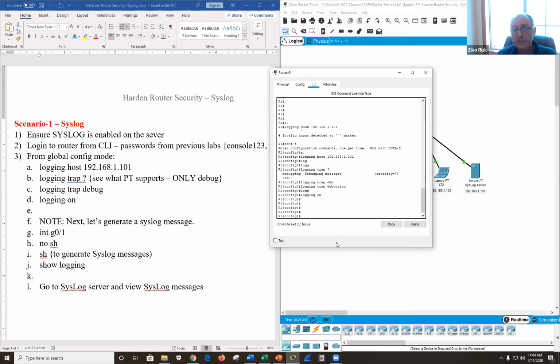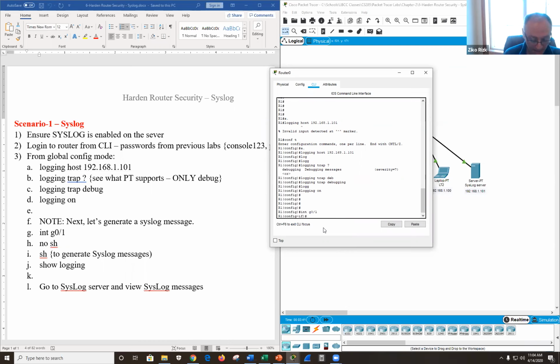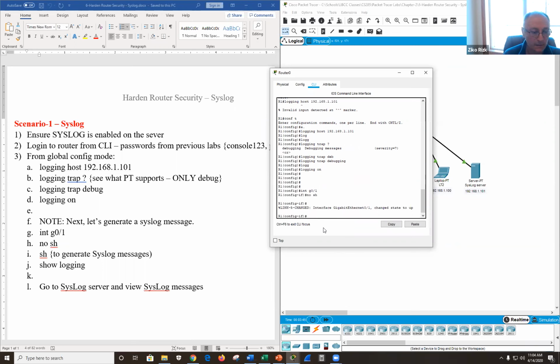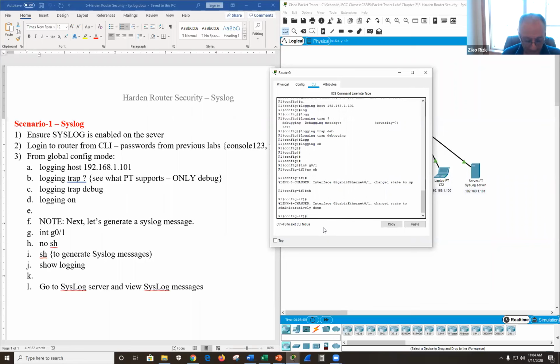And now I need to do something that generates a trap, and I know if I was to shut an interface and restart it, that is a debugging trap. So I'm going to do that: interface gig 0/1 and no shut.